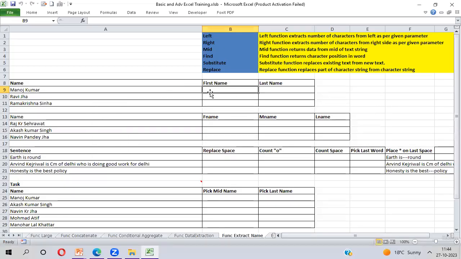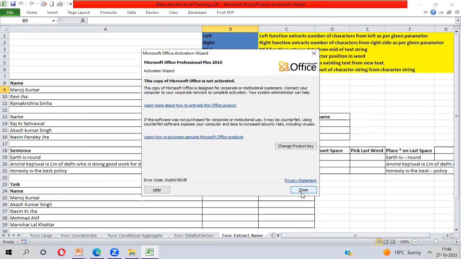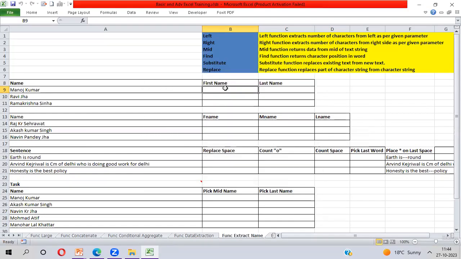So see here. Here I will utilize the basic LEFT function. You need to pass 2 parameters. If I'm passing text as Manoj Kumar, and I'm not passing number of characters, which is the second parameter and is optional, then you will get only the first character, M, from the left side. Bracket close, enter.